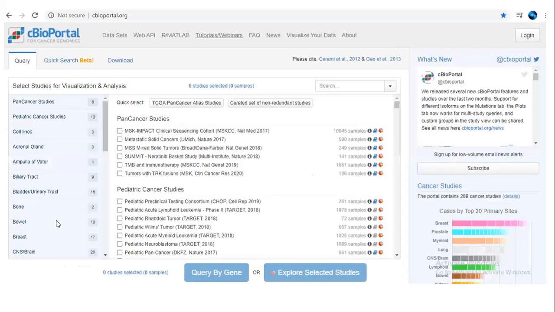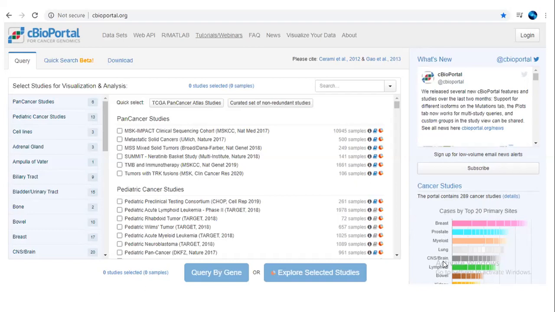So this is nothing but the home page of the cBioPortal. Here you can see the different cancer types they have listed. The portal contains around 289 cancer studies, whereas in the GDC portal they have mentioned only 33 types of cancer, including 10 rare cancer types. But here in cBioPortal, they have included more than 289 cases with respect to cancer.